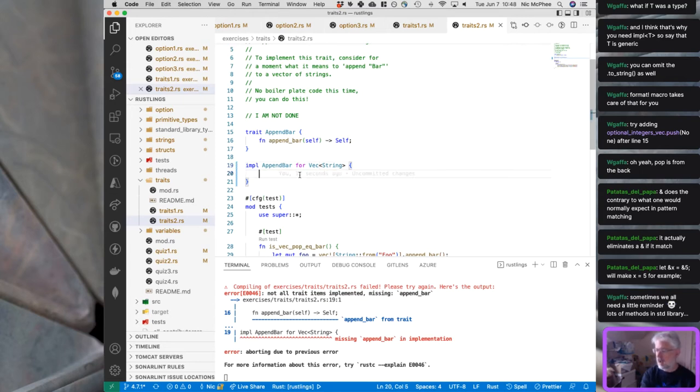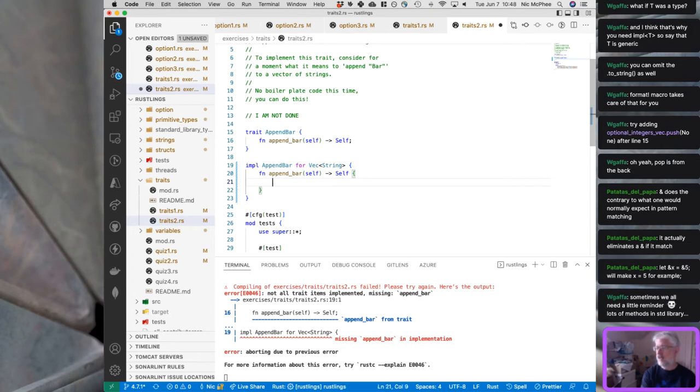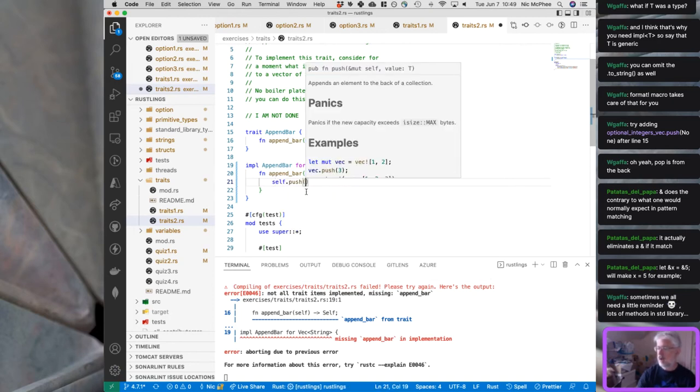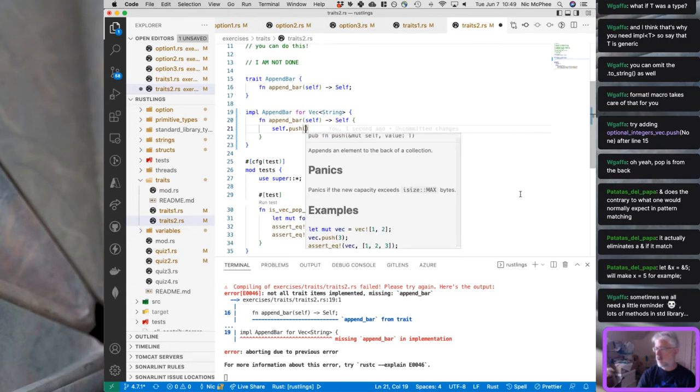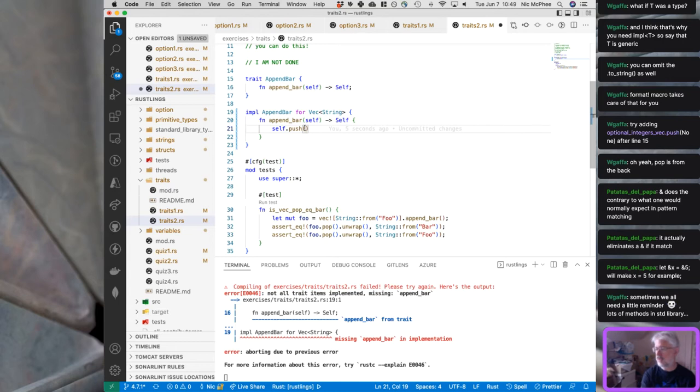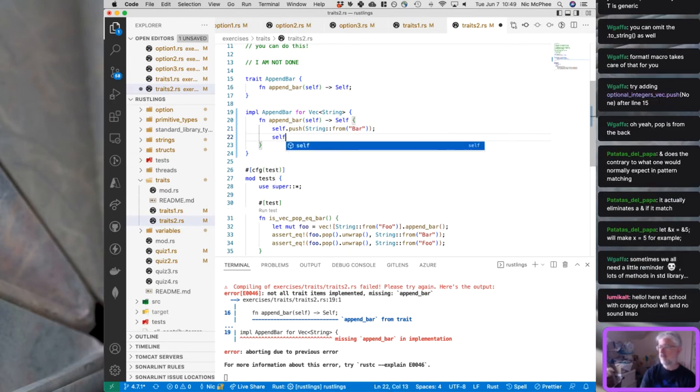So it tells us that we need to do the fn append bar self to self. And so self in this instance is going to be a Vec string, and we want to push self.push the string bar onto this, and they're using from, so we'll use the same syntax, String::from bar, and then again we're going to have to return self. So we're going to push this new string on, we're going to return ourselves, and then fingers crossed that will be